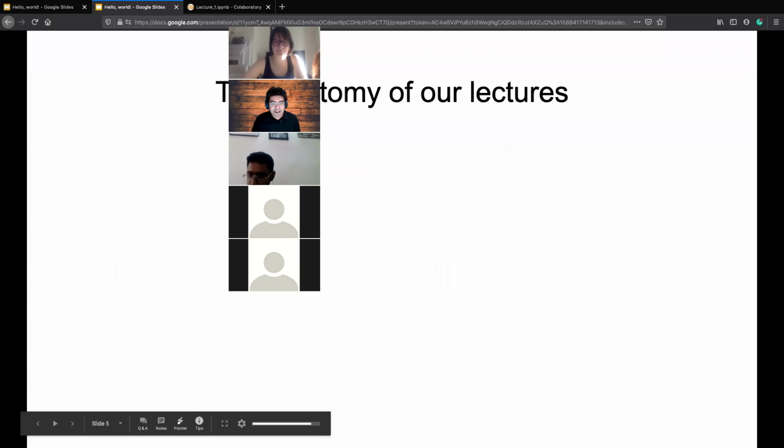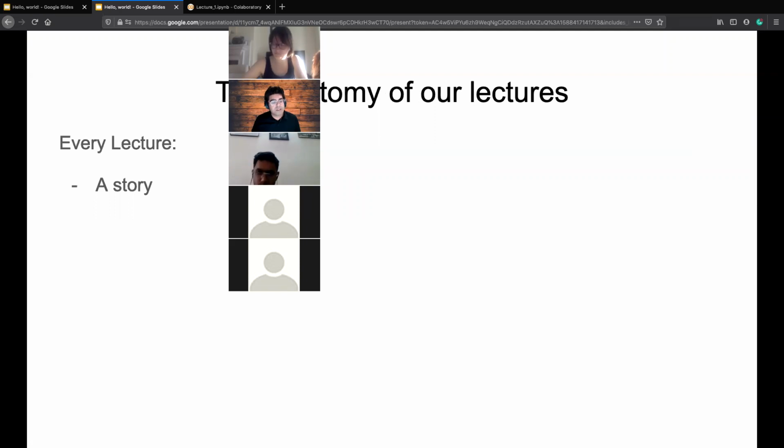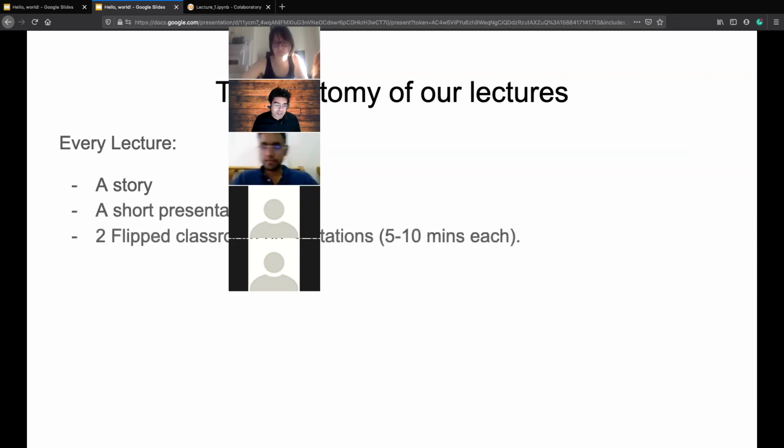And yeah, so just a brief overview of what we'll do over the next few lectures: for every lecture, I want to start with a story that sort of motivates everything that we're going to do in that lecture. I'll give a short presentation after that. And I want to have a flipped classroom presentation where each of you, like two people probably, can do a 5-minute presentation on one topic,